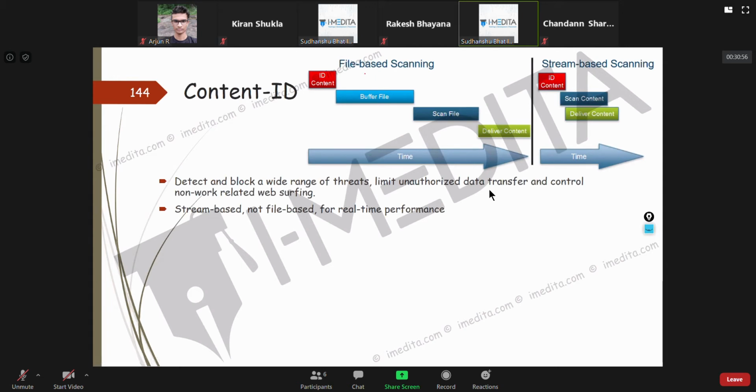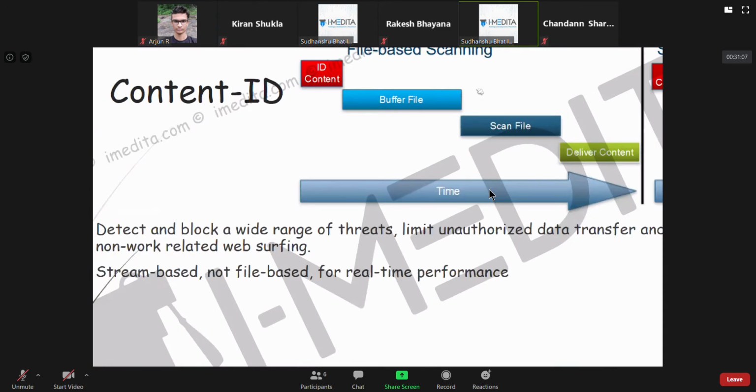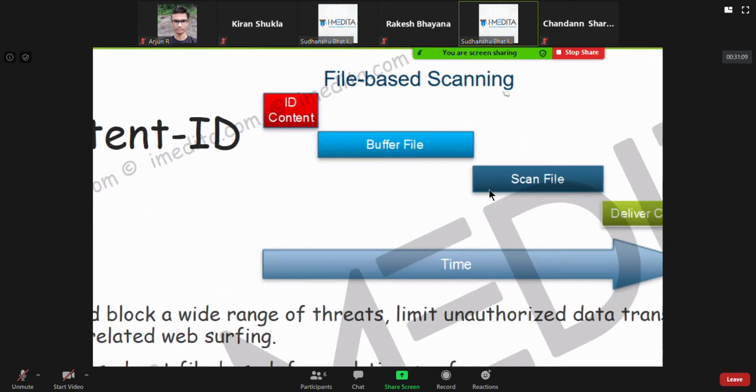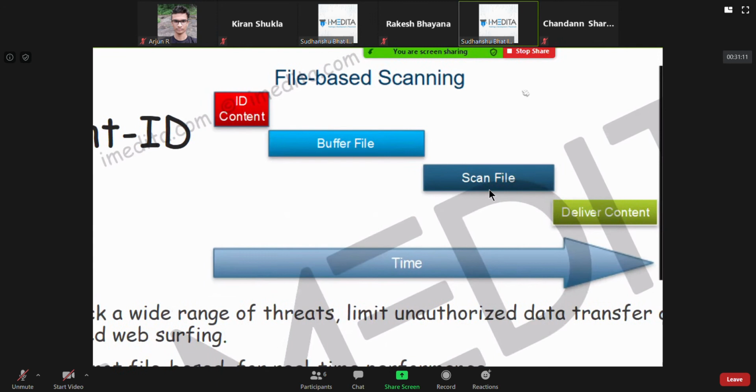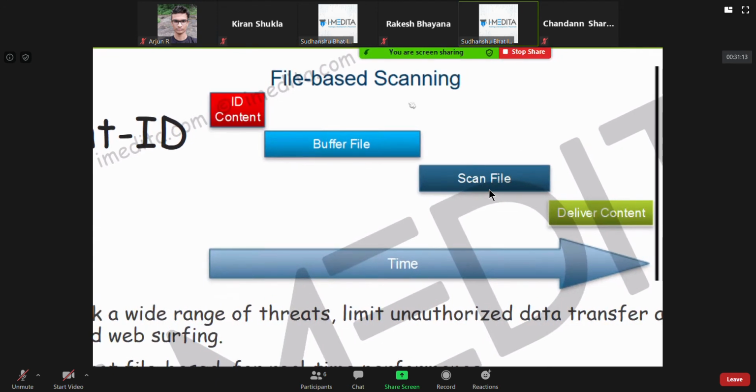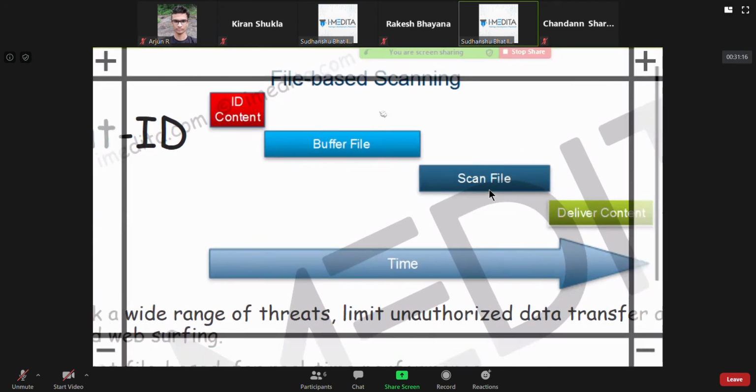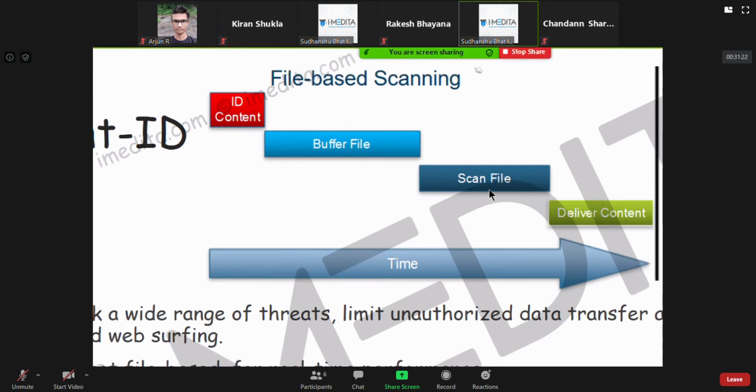If the scanning is file based, suppose somebody requests a file. Somebody tries to download a file. Suppose a PC requests that it wants to download a file.